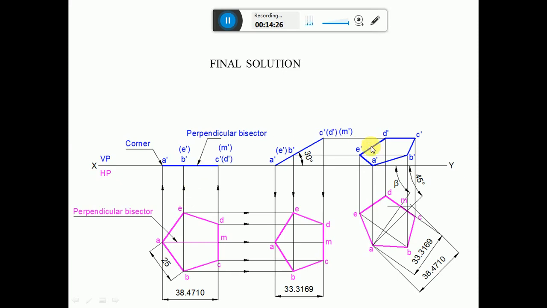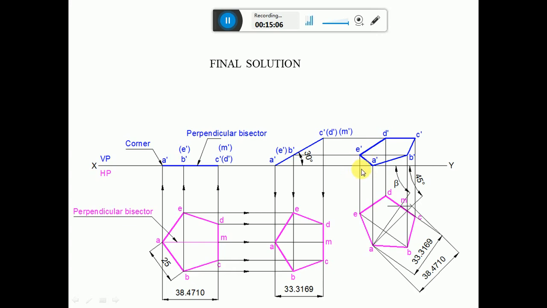So how do I know that my problem is right? A pentagonal lamina of 25 mm side is resting on one of its corners on HP, and the perpendicular bisector passing through the corner on which the lamina rests is inclined at 30 degrees to HP. The perpendicular bisector is this, and so you are going to get the apparent length here. So in this case you have to find out the beta inclination. So you draw a 45-degree line. On that line you take this perpendicular bisector and cut it, and then reproduce and find out the beta inclination and reproduce this sketch on this inclination line and get the front view.